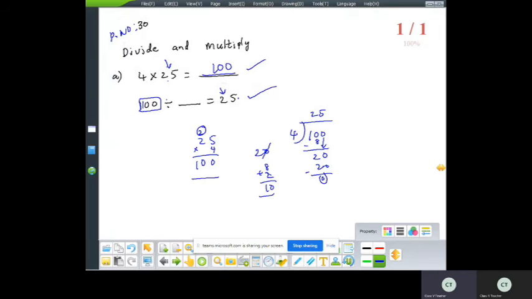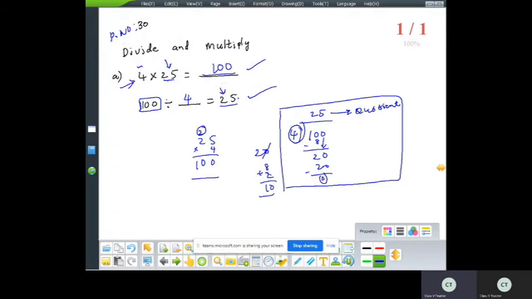In this division, our main answer is the quotient. Yes, the main answer is 25. Here also the main answer is 25. Our divisor is 4, which means 100 is divided by 4, we get 25. The solution depends on this statement. 25 is there, 25 is there, 100 is there, 100 is there. Now 4 is there, we write 4 directly. We check it by division and we get the answer. This is the combination of divide and multiply.